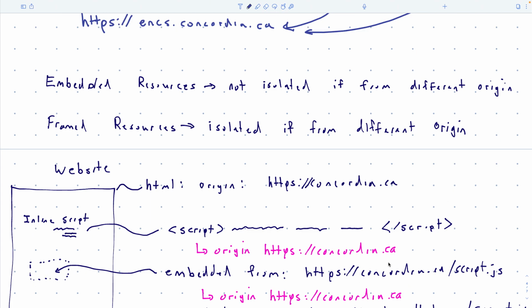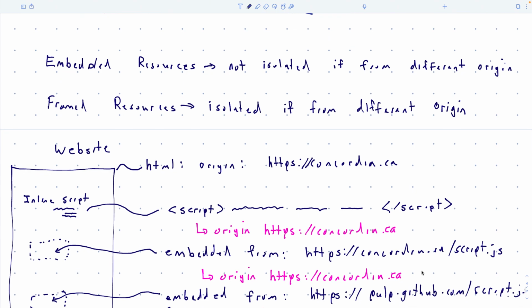So an embedded script might be, hey, go grab script.js from concordia.ca/script.js and put that in this page. Now, the page that's requesting it is concordia.ca, and we're pulling the JavaScript in from concordia.ca, so the origin, once again, is going to be concordia.ca.